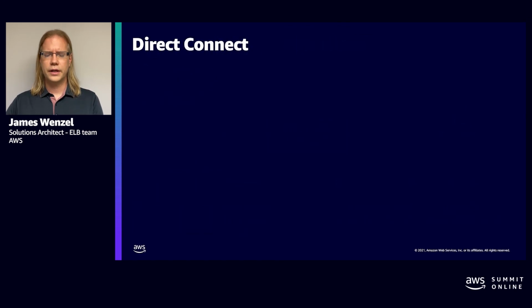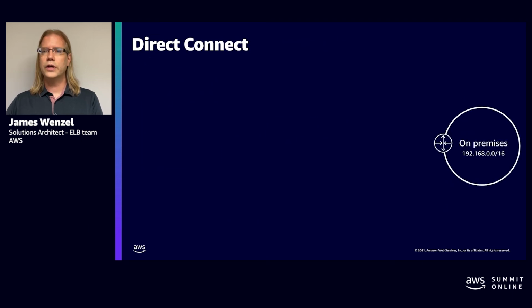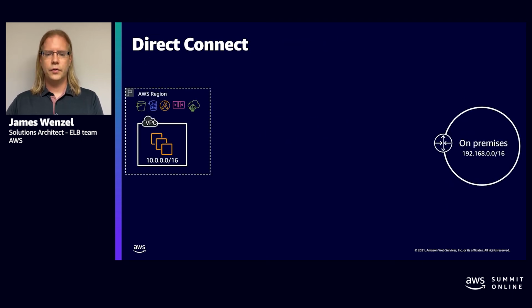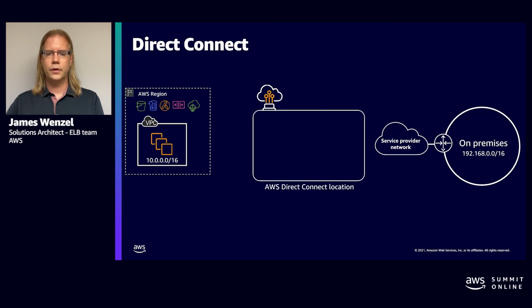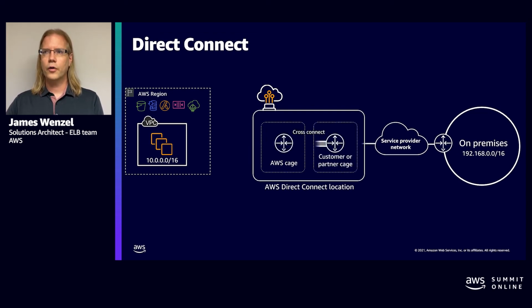So let's talk about Direct Connect. I've mentioned that a couple of times. This is basically a service where you connect your on-prem to your AWS region or your AWS VPC. This requires you to use some form of partner that we have in our Direct Connect program to give you that last mile. So the service provider will give you that fiber to your location. There's a Direct Connect location where they, your partner, will have a cage with AWS equipment in it, and then a cage with your equipment that you could typically lease, or you can even put in yourself.